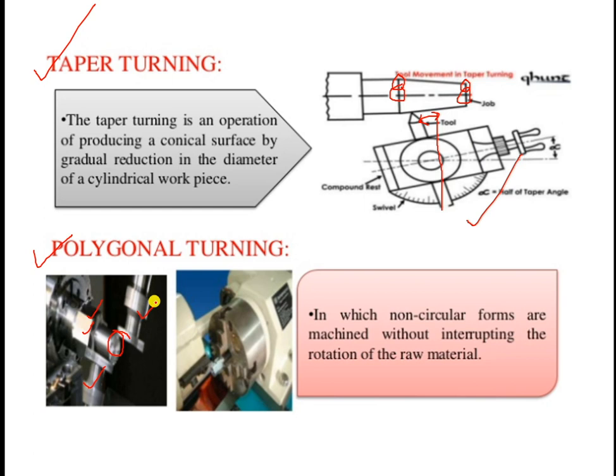So till now it is okay. I think this has been explained by me in proper manner: what the various operations are, what their significance is, how they can be obtained, and how they can be carried out with the help of the available settings of the lathe machine. We will meet again in the next video for the remaining machine tools, that is milling as well as the drilling machine. Till then, just have a quick look at all the material available in this video, and we will end this topic, that is the lathe machine and its operations.